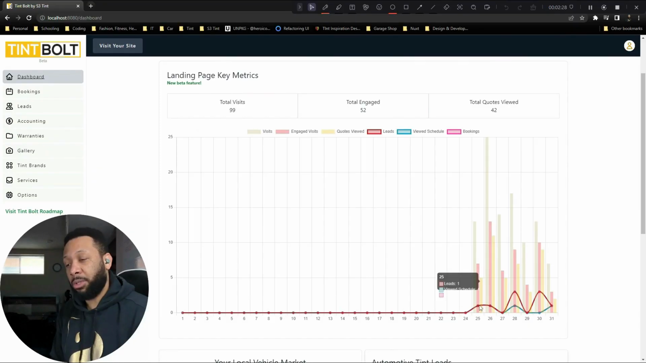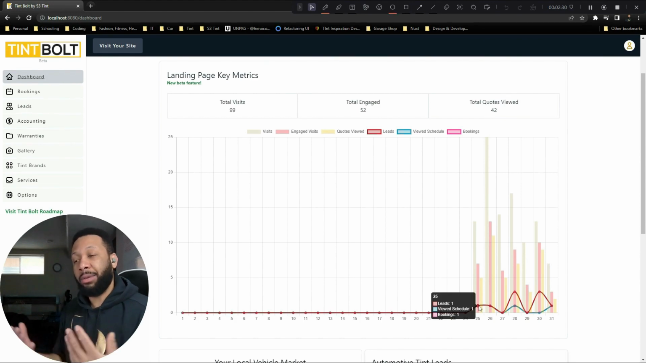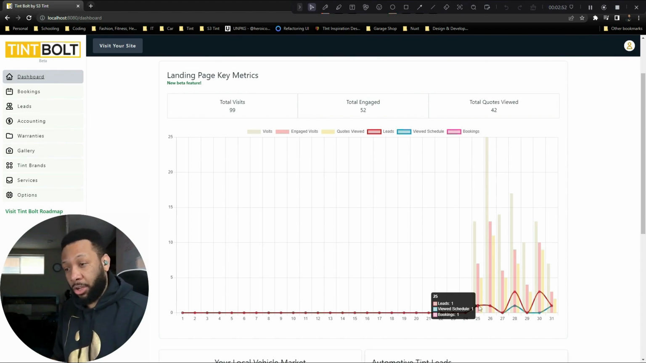And then we double down a little deeper. We can track the amount of leads, the amount of people who just checked the schedule, and the amount of bookings. The reason there's a difference between checking the schedule and booking, and why it's all separated, is because sometimes people see your schedule and then they don't continue further for whatever reason. Maybe they're looking to get it done today. Maybe there's a specific day that they're trying to get it done, and you're just not available for it,